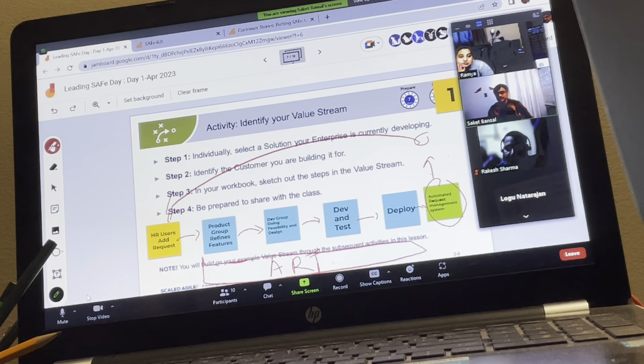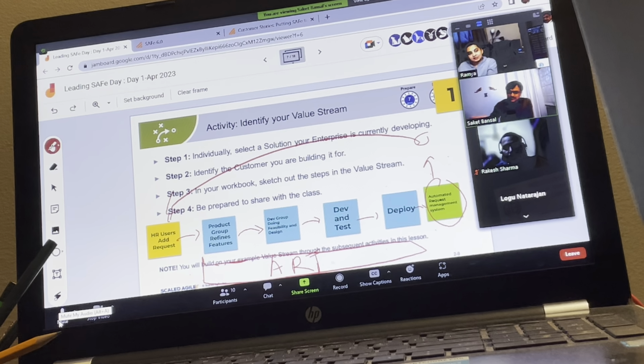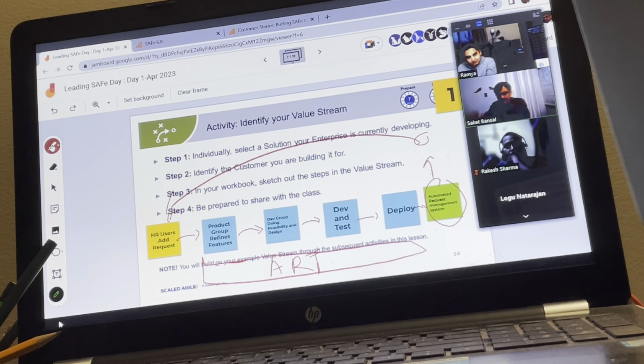What is the difference, like an operational value stream? Is it like a standard format, with no different features? Yeah, you can say the operational value stream does not produce a product software result. It's just non-software. So maybe issuing a credit card or something like that. It's service oriented, right? Yeah, pure service oriented.